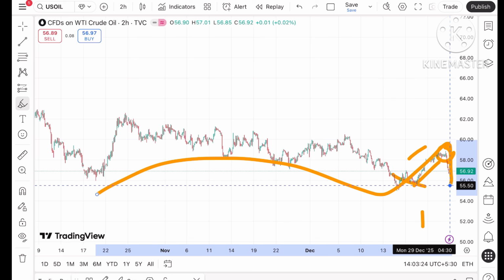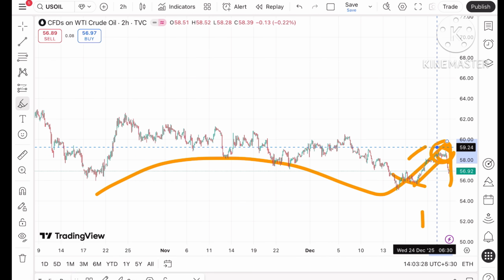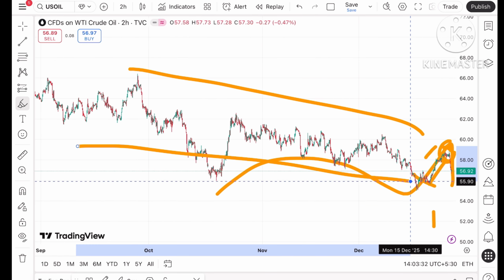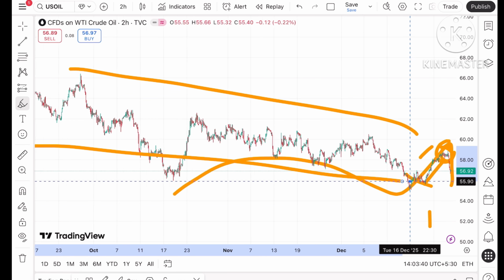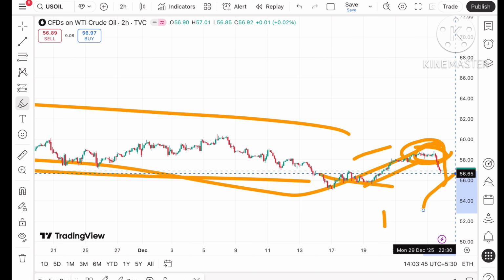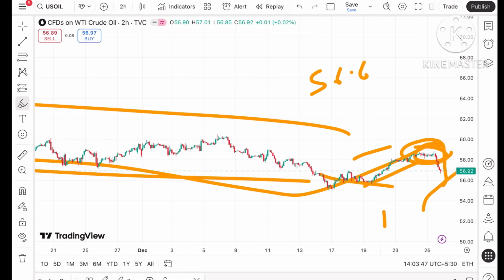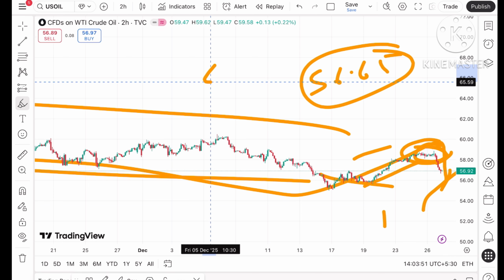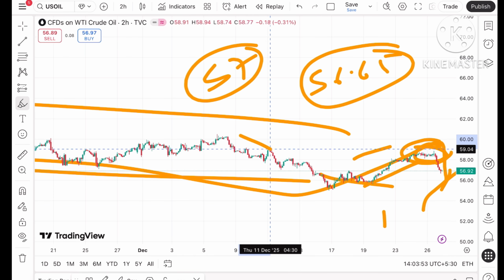Now coming to the 2 hour chart, as you can see the price is continuously down if you look from Friday, and the overall trend is downside. WTI is developing a framework for higher reaction lows and regular bounces from key intraday levels. The support is currently at a strong level of $56.65, and if it starts sustaining this level around 57, we can see there can be further upside.